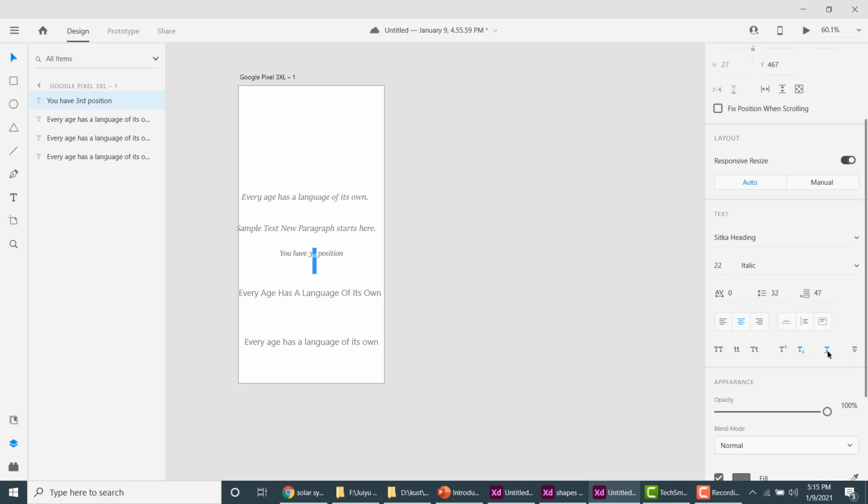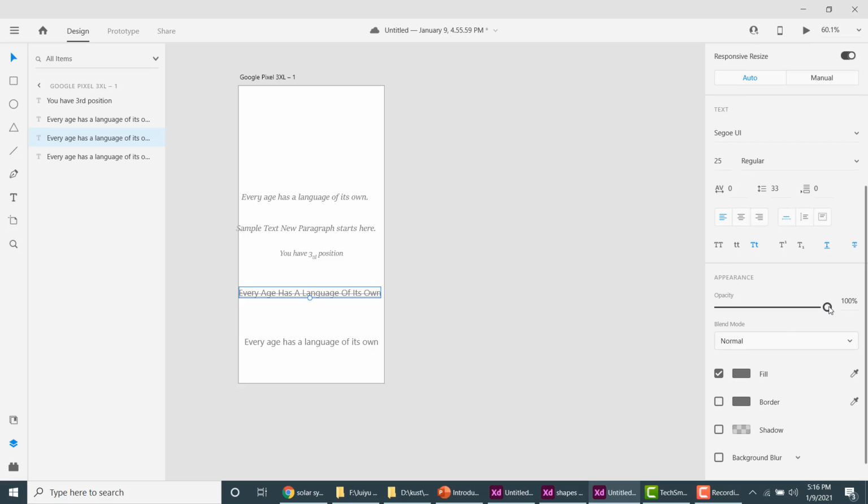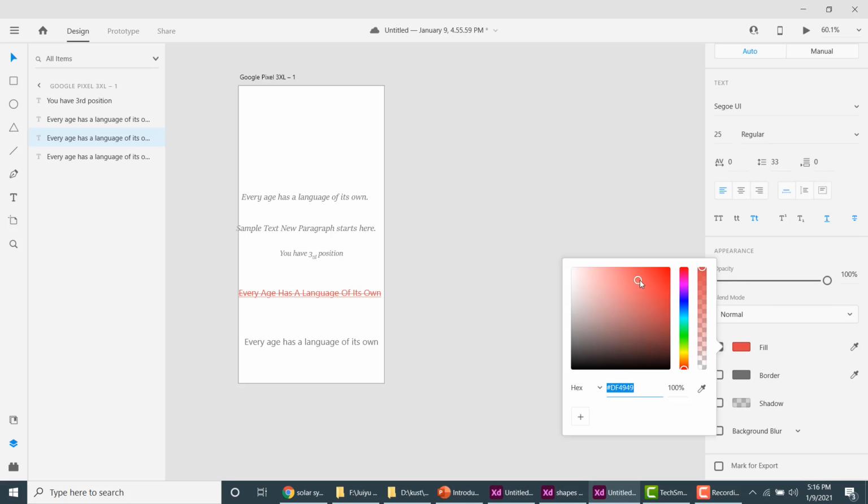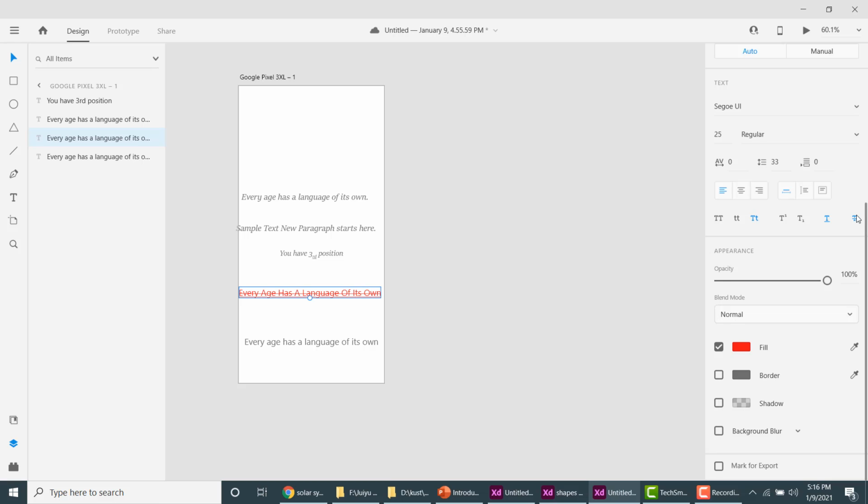You can make it uppercase, subscript or superscript. You can underline it. After selection you can underline the whole sentence, or you can use strike through. You can change the opacity of your text. Then we have the fill color. You can change the color of your text. I'm going to remove this strike through. So let me increase the size to 50, and